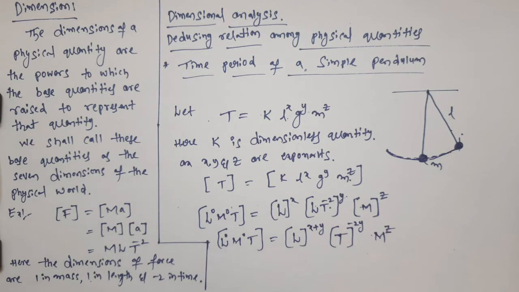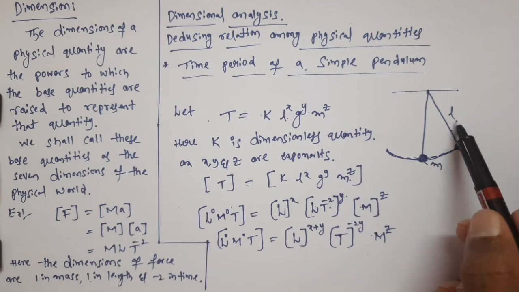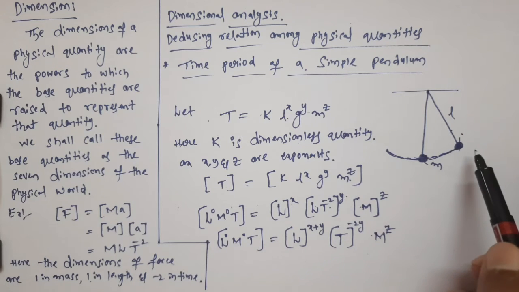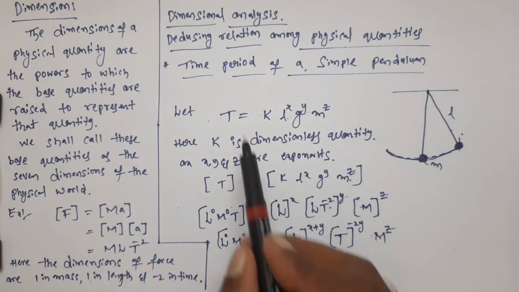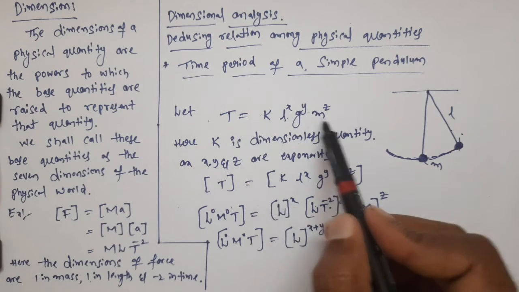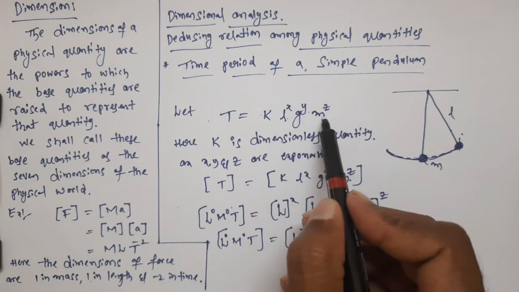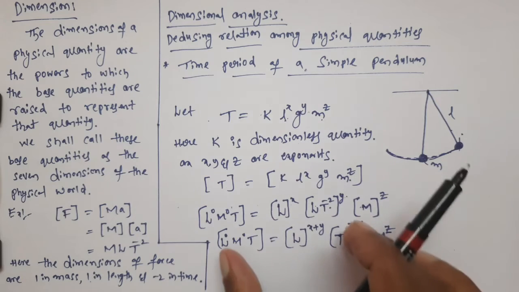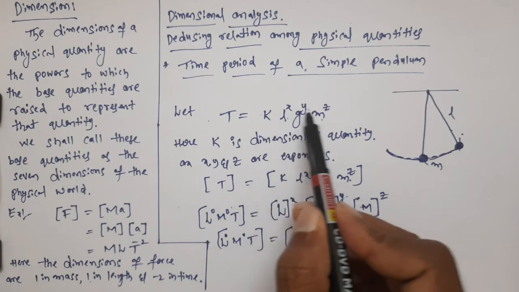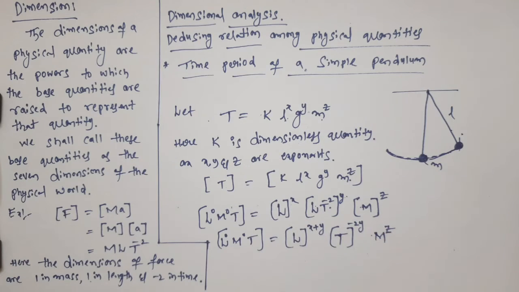Yes, see guys, once again I'll explain. Now using dimensions, we are deriving the equation for time period of a simple pendulum. For a simple pendulum, we have mass of the pendulum, length of the pendulum, and it is making oscillation due to acceleration due to gravity. That means we are assuming that the time period depends on length, on acceleration due to gravity, and also on mass of the pendulum. We are taking the powers L power x, G power y, and M power z. So now we compare both sides and finally we get x, y, z values. Then we substitute x, y, z values in this equation and finally we get the actual expression for time period.